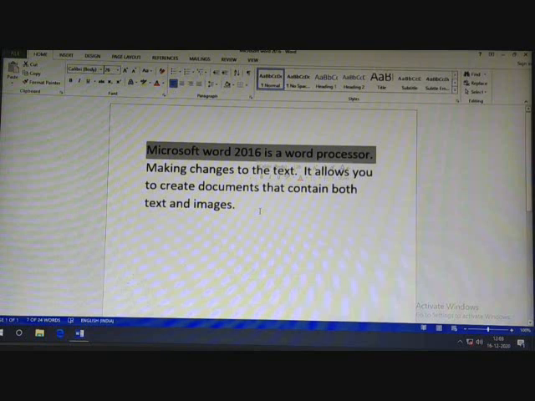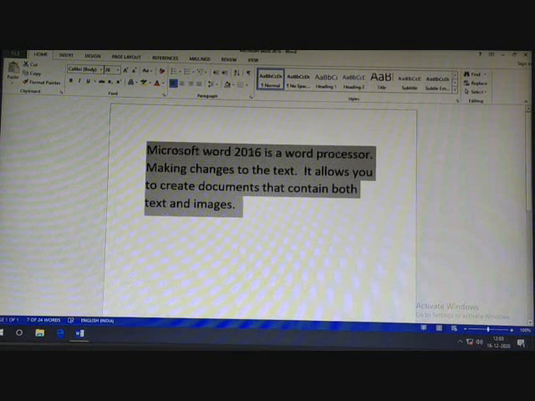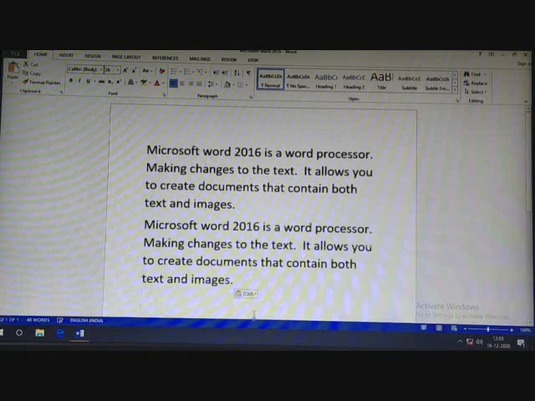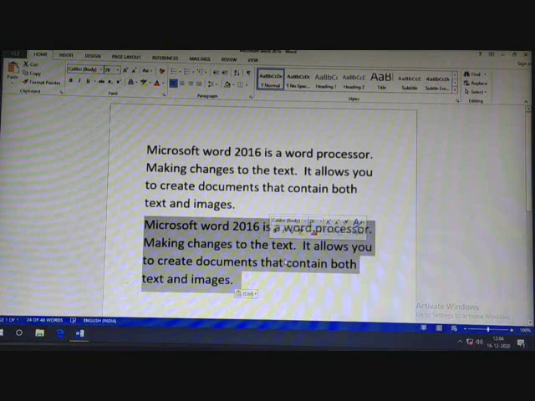The next is if you want to select one paragraph. पूरा एक paragraph आपको select करना है तो आप कैसे करोगे? Suppose यहाँ दो paragraph है. Okay, this is one paragraph and this is another paragraph. Okay, if you want to select one paragraph, what you will do? Triple click, मतलब 3 click एक ही paragraph में, तो वो पूरा paragraph आपको select हो जाएगा. Okay, triple click in a paragraph, your paragraph will be selected.